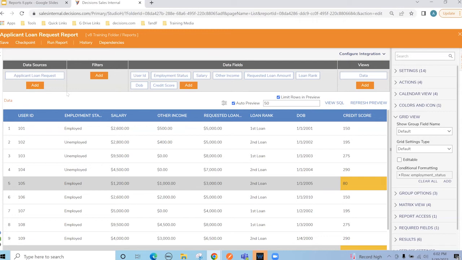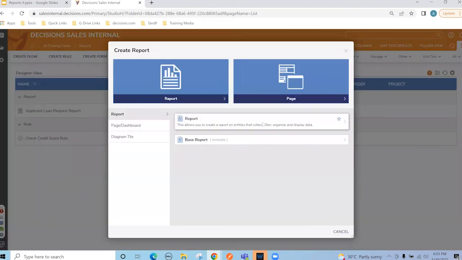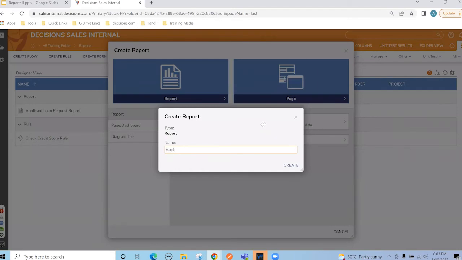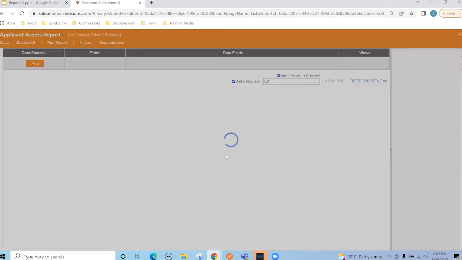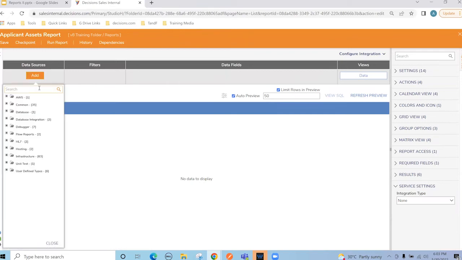So in those situations, this parent-child relationship helps a lot, where we can establish a relationship and display that on the dashboard. So let me close this and create one more report. And we'll call this applicant assets report. And when I create it, again it takes us to the report designer. I can add the source. I'm going to look for assets